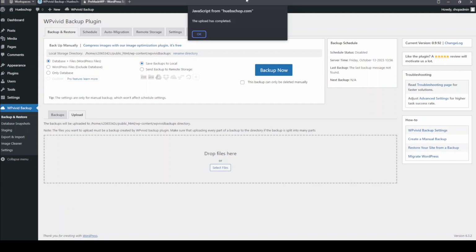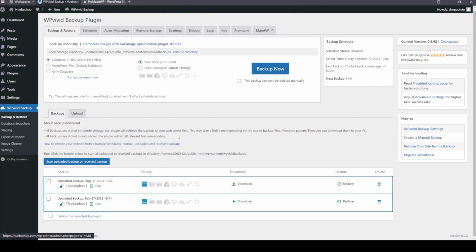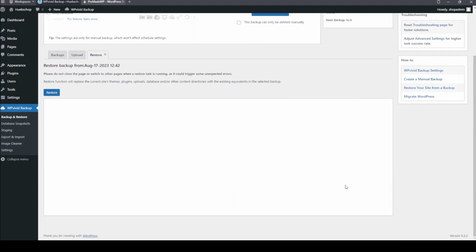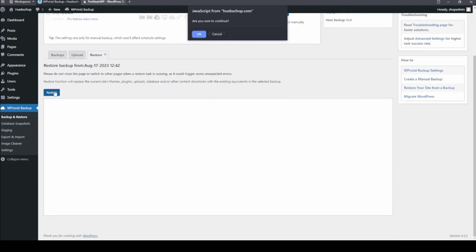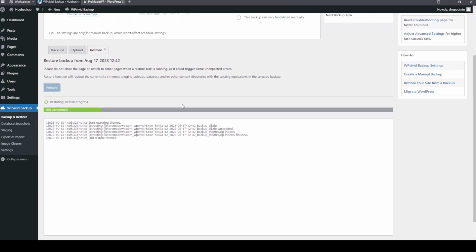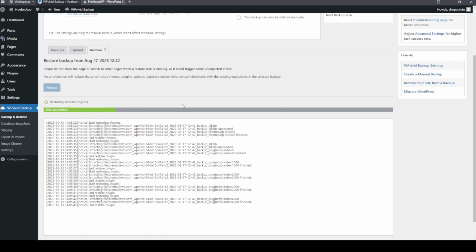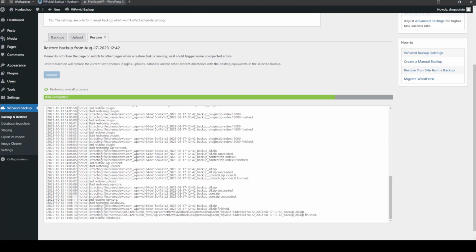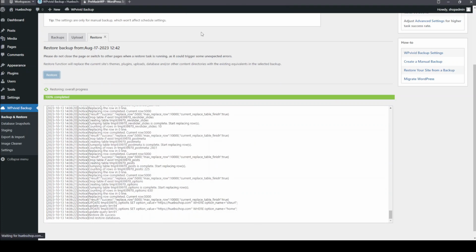So once the upload is complete, you're gonna see the pop-up at the top that says the upload has completed. Click on OK. You're gonna scan upload or received backups. You're gonna see it here, the recent one. Click on restore and then restore. Are you sure? Continue. Restore completed successfully. You're gonna click on OK